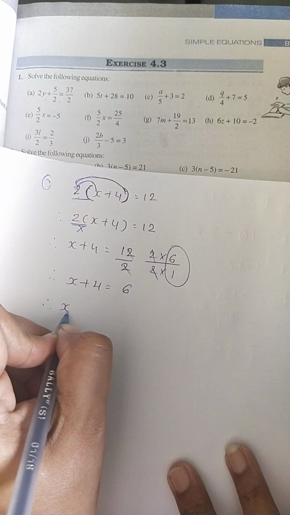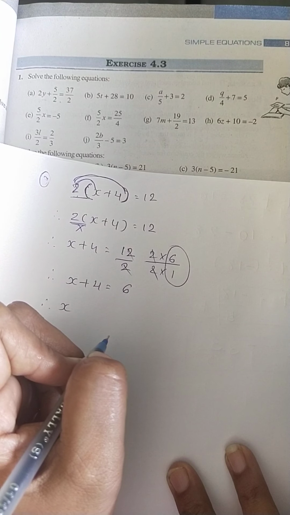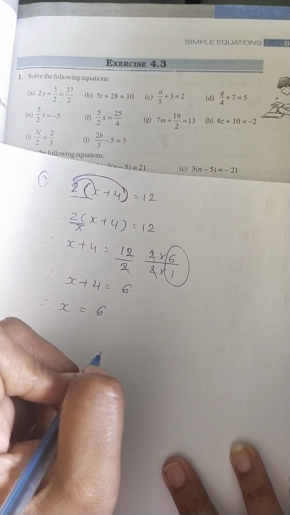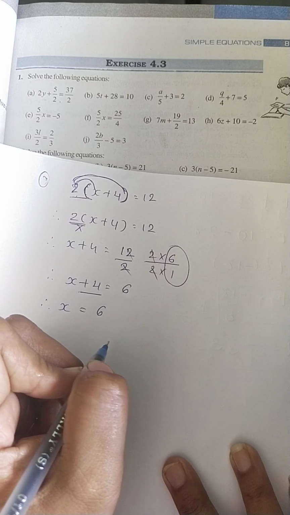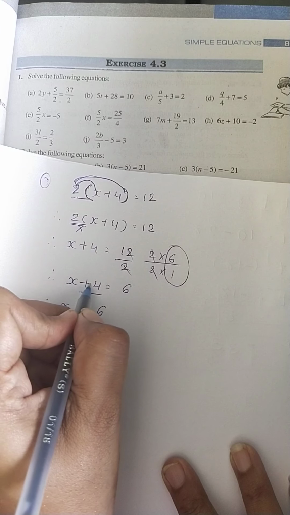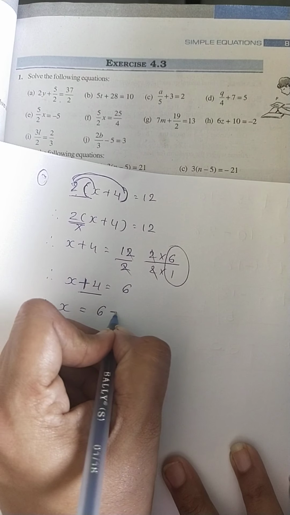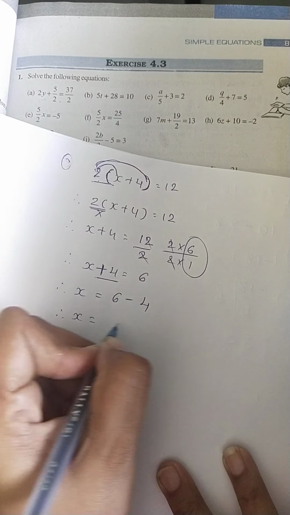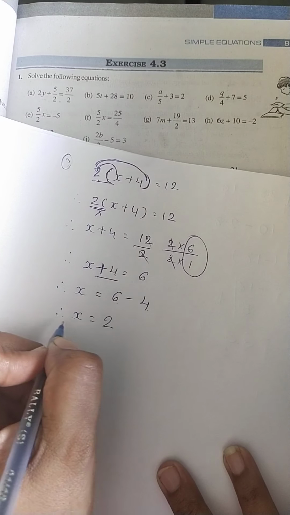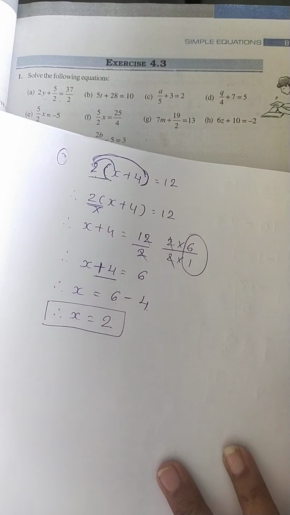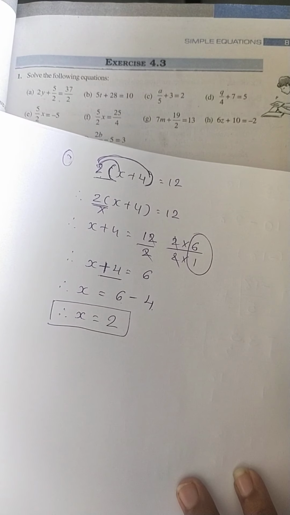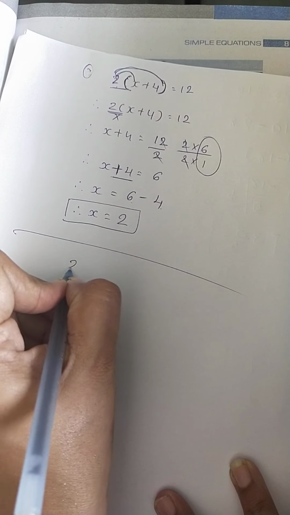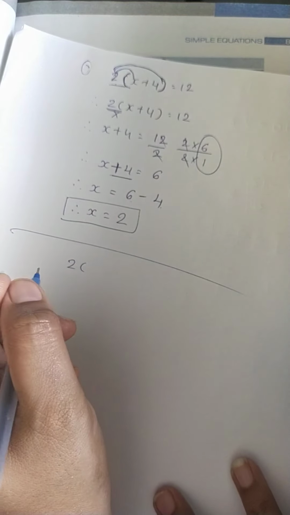Now again x is with the constant. Here one number is there. So x as it is, 6 as it is. Side change, sign change. Here what is the relation? Addition, then sign change, it will be subtraction. So therefore x is equal to 6 minus 4, which is 2. So here the value of x is equal to 2. Now one more method I am showing you. You can do it any way, but this one is easiest.